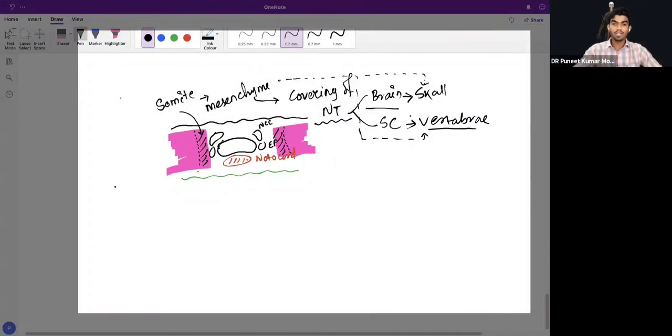Clear. Now, all these structures, the mesenchyme along with the neural tube, start fusing at both ends simultaneously. Both the ends of the neural tube start fusing with each other, and also the mesenchyme, both ends start fusing with each other simultaneously to form the complete skull and the vertebral column. Okay. Now, if